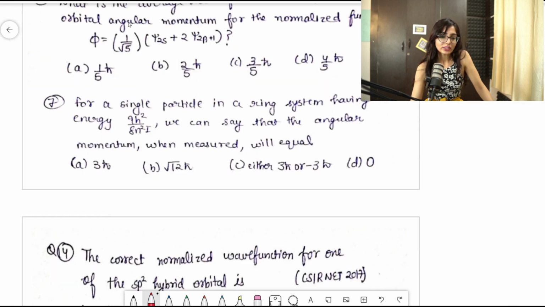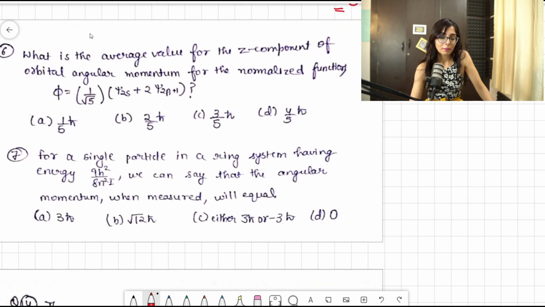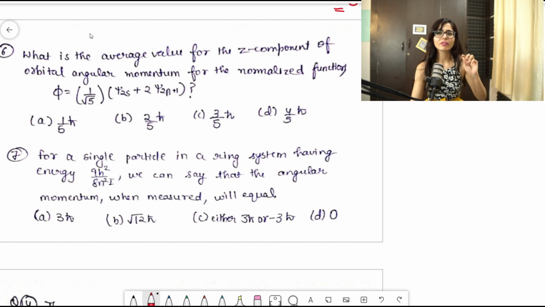So that question is good only. So let's see, because in that question you can get confused by a very small thing. So let's see what that question is and how that question is a little bit different from the other questions which I have discussed till now. So this question is the sixth question. I'm going to talk about this sixth question, and according to it, what is the average value?